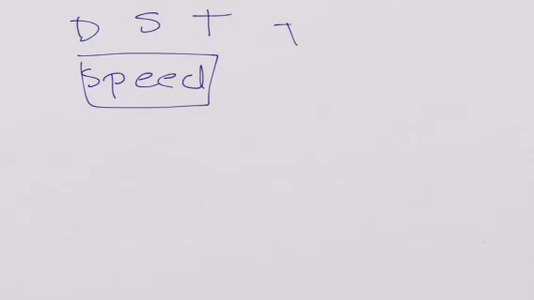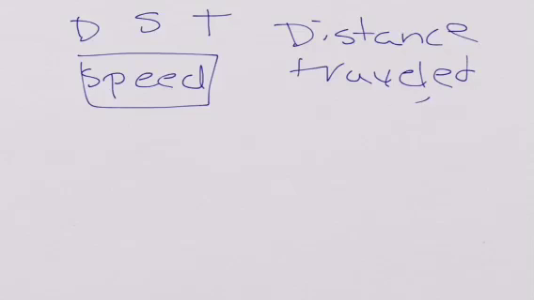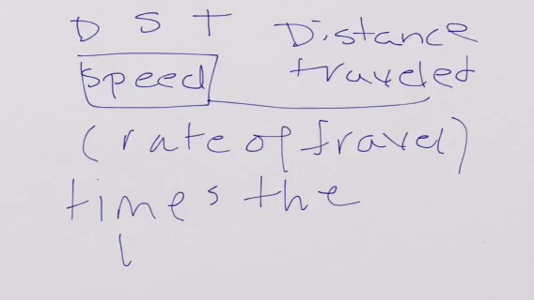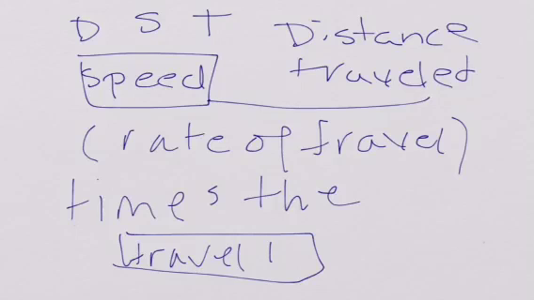Okay, so distance traveled is equal to the speed, which is the rate of travel, and then times, which means multiply, the travel time. So in algebra, the distance